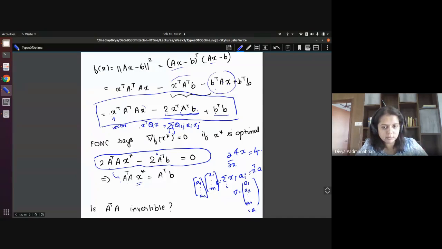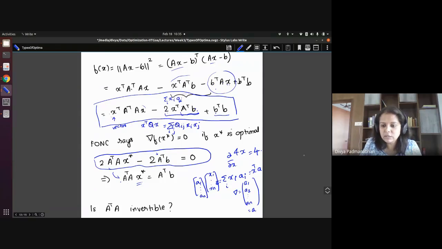Now similarly, A transpose B is a vector, so this is going to be something of the form summation x_i q_i. Now you know how to take the derivative of the summation term with respect to x. That's how you get practice with these. Now coming back, what we did is we